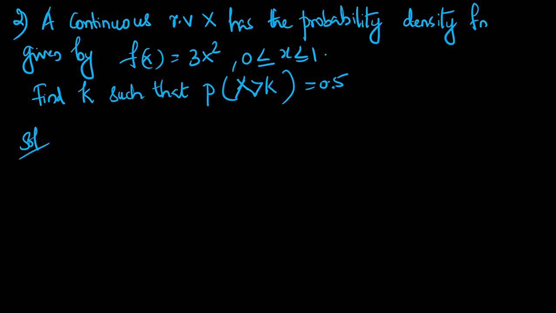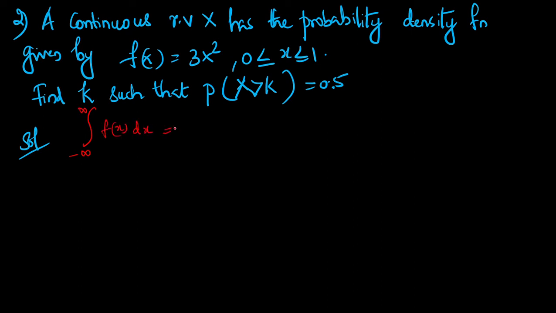And x is in between 0 and 1. Find k such that p of x greater than k is equal to 0.5. Here the probability is already given. We have to find the value of k, for which the probability of x greater than k is equal to 0.5. We can start with the standard property, integral minus infinity to plus infinity f of x dx